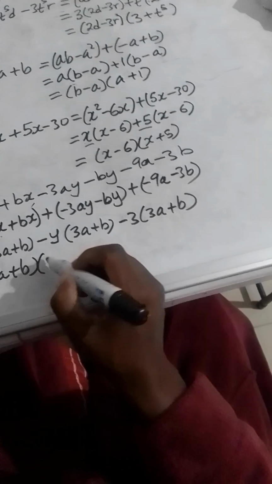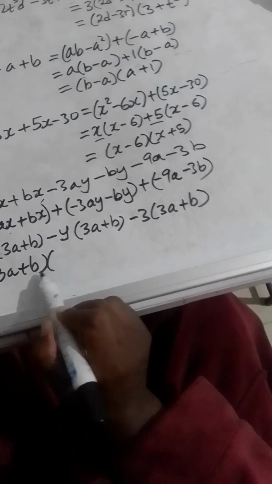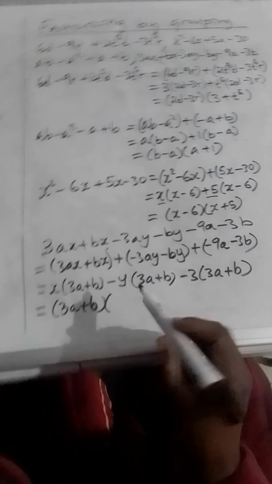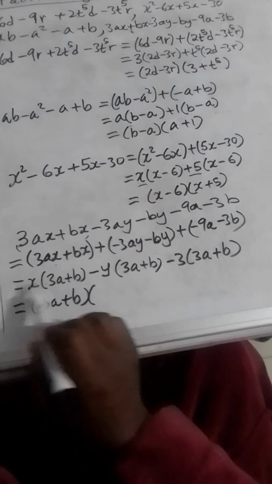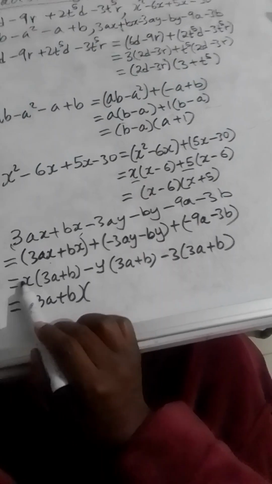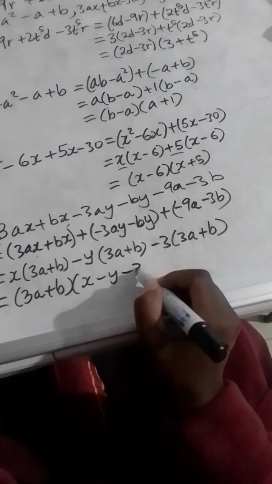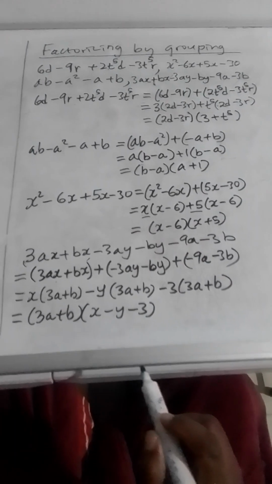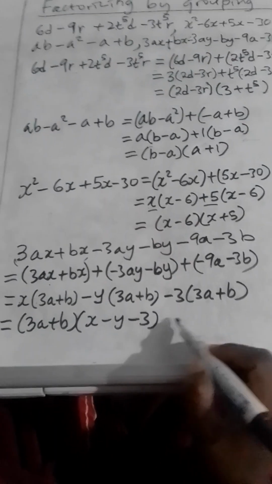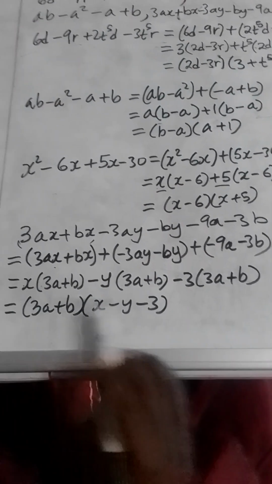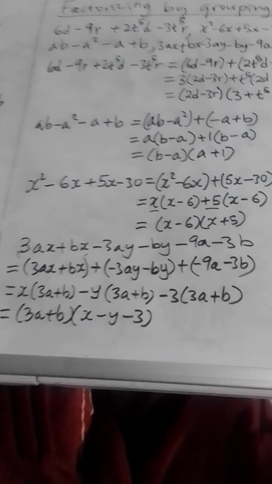outside the brackets here. Remember, if you want to take something out, you write it, open a bracket, and divide each term by that thing. If you don't understand what I'm saying here, go look at our video on taking out the highest common factor. But yeah, if you take this out on this expression, you're going to be left with x, negative y, and negative 3. So x minus y minus 3. And so you have factorized. Okay. Group in pairs with common factors, factorize each pair, and then take out the common